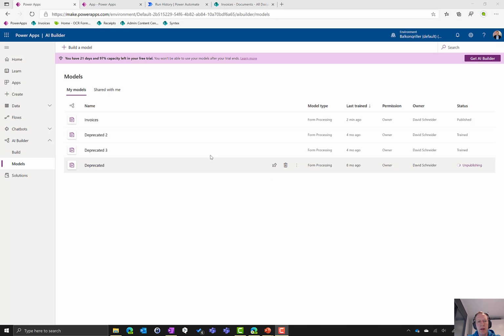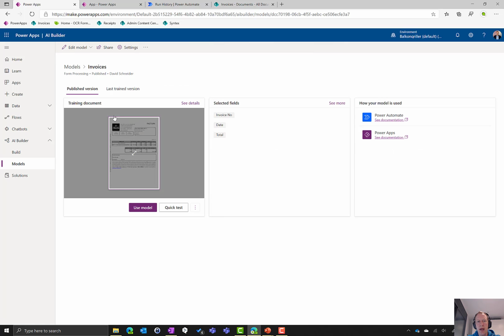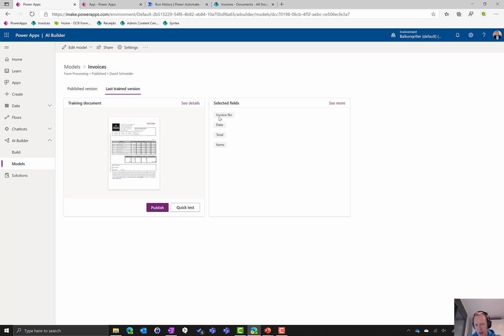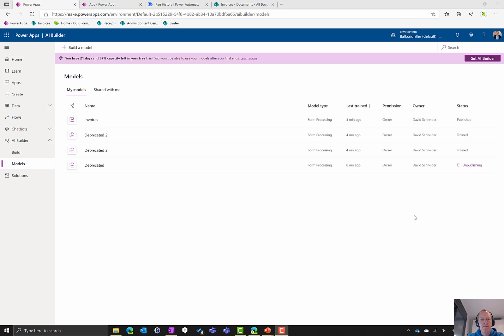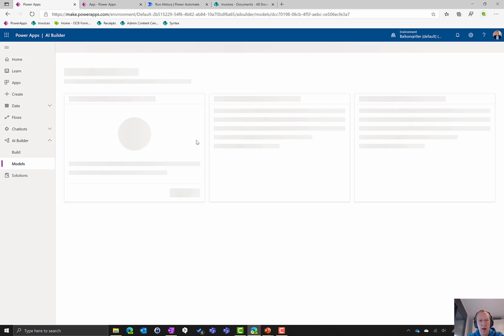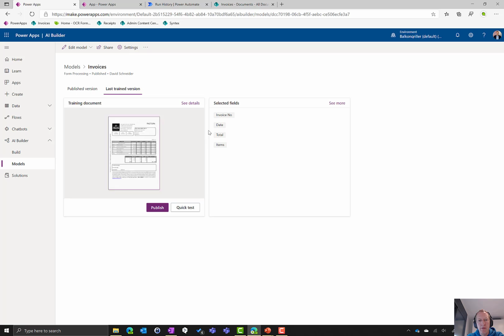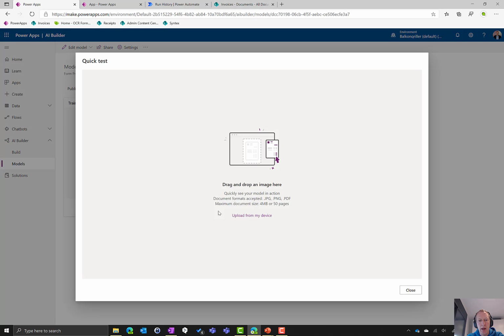Here we go, the model is trained. We open it again. We have the published version, the one with the 3 fields, and the last trained model. And here you find the new field or the new table items. Now, here we go. The model is trained. If I click on it, I first see the published version, the one without the table. But on the last trained version, I find this version with the items table, and I can do another quick